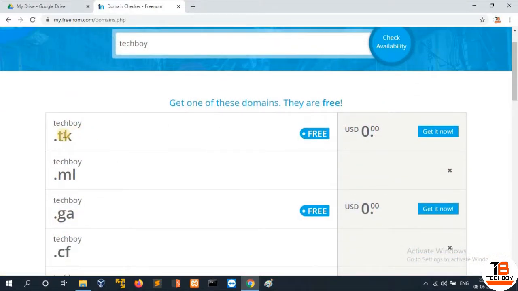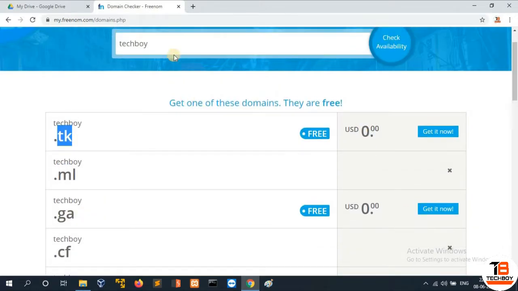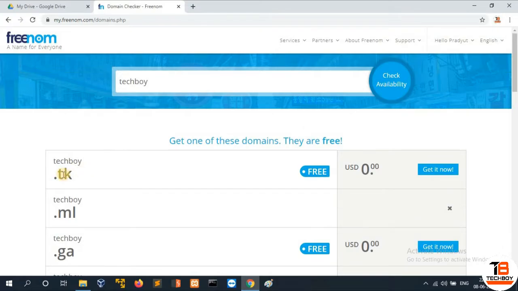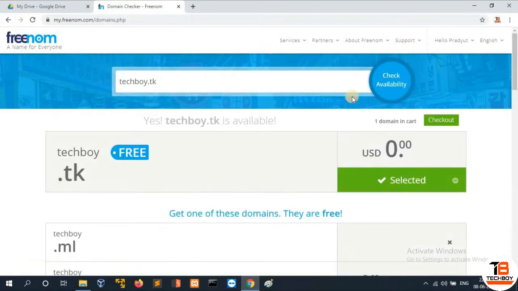Here in my case, you can see that there are two domains available. I will select the TK extension. Now again search for the same domain name with the extension and click on checkout.